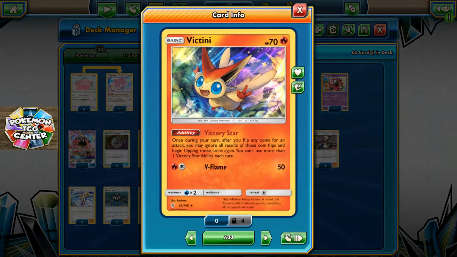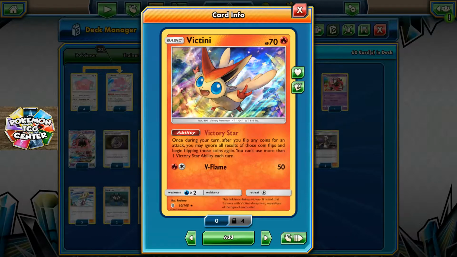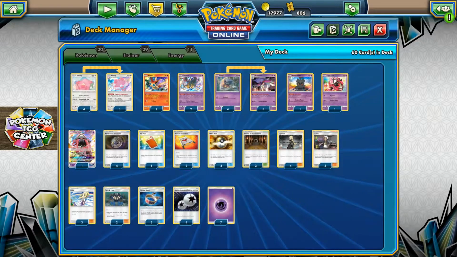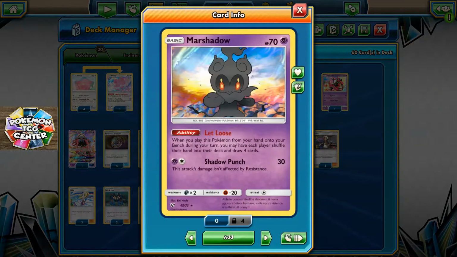There's also Victini with Victory Star. I mean, first released in Noble Victories, if I'm not wrong. I think it is in Noble Victories, which says that once during your turn you may flip any coins for an attack, you may ignore all results of those coins and flip those coins again. And you can't use more than one Victory Star ability each turn, and this is the reason why I'm only playing one of them. Then 3 copies of Inkay and Malamar with that Psych Recharge, and also 1 Let Loose